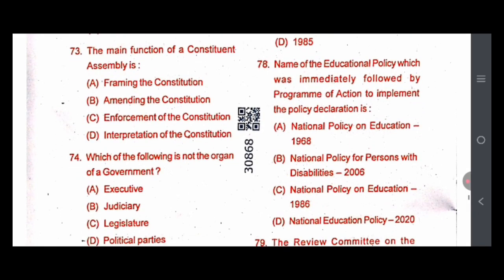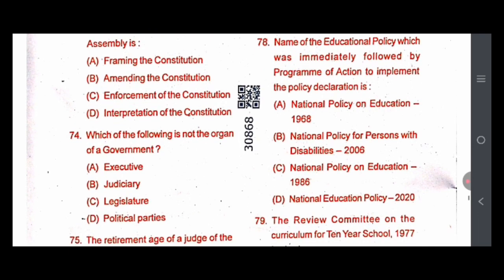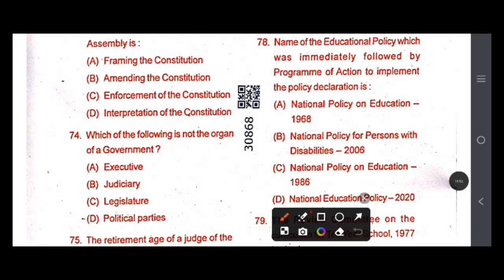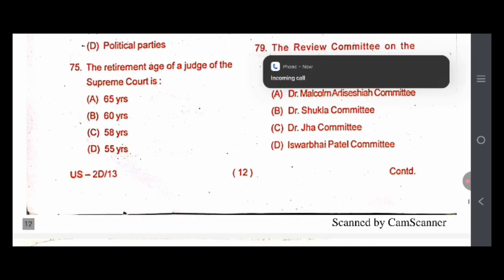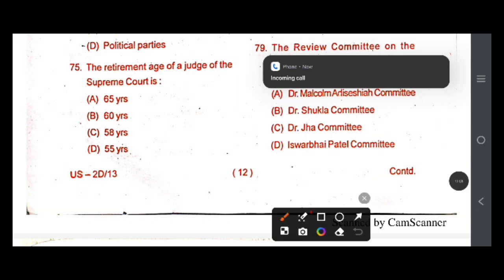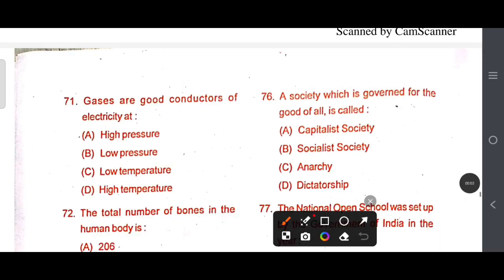The main function of constituent assembly is. The correct answer will be option A. Which of the following is not the organ of a government? Option D, political parties. The retirement age of judge of the Supreme Court is. The correct answer will be option A: 65 years. 76. A society which is governed for the good of all is called